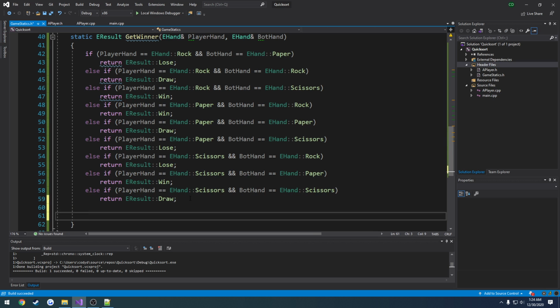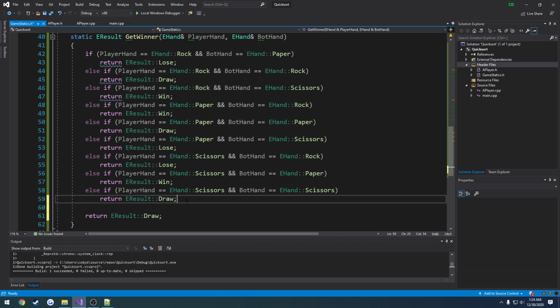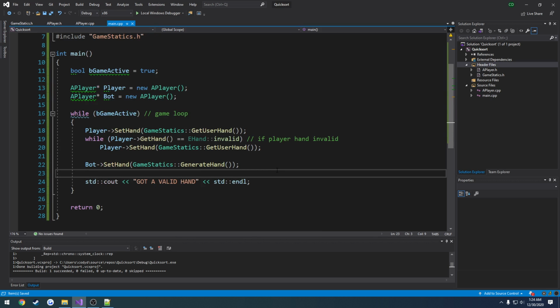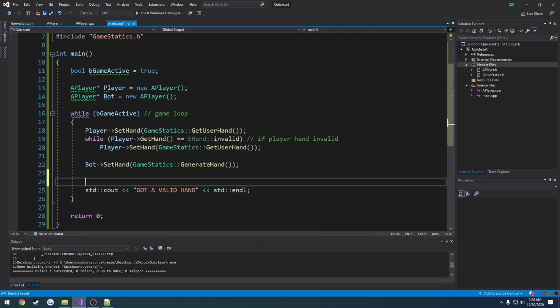So otherwise, we're just simply going to return a draw. So your result, draw. So that's if all of this somehow fails. Well, I guess we don't actually need the elses, but I think it looks cleaner. So we have our get winner function set. So all we have to do now that we have our hands is